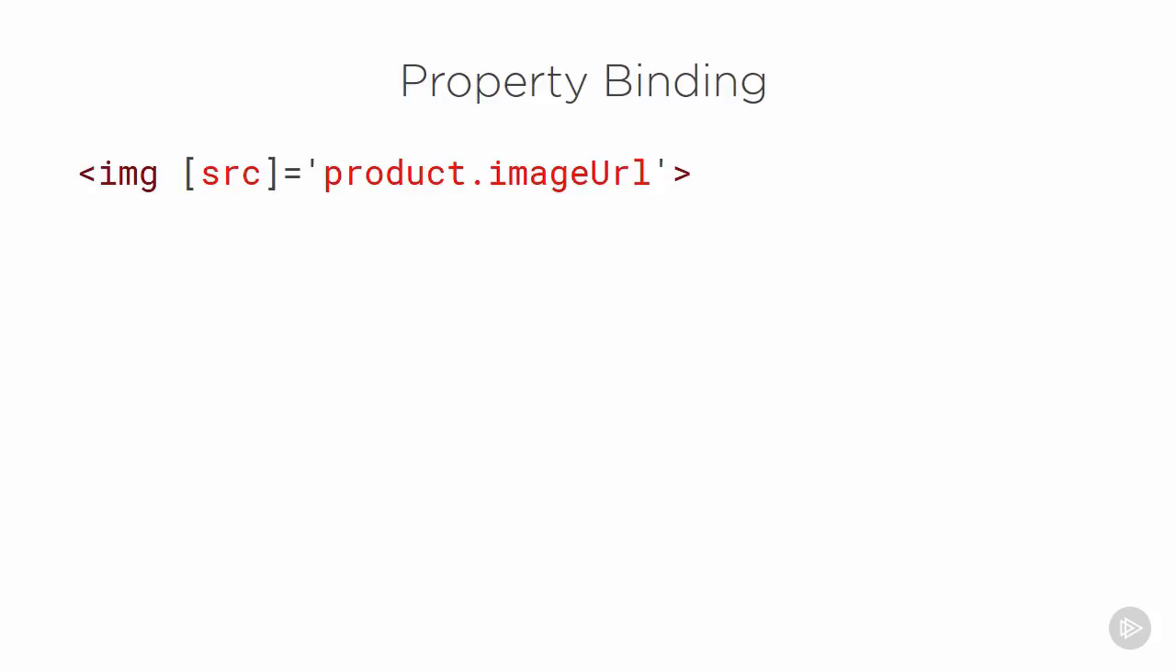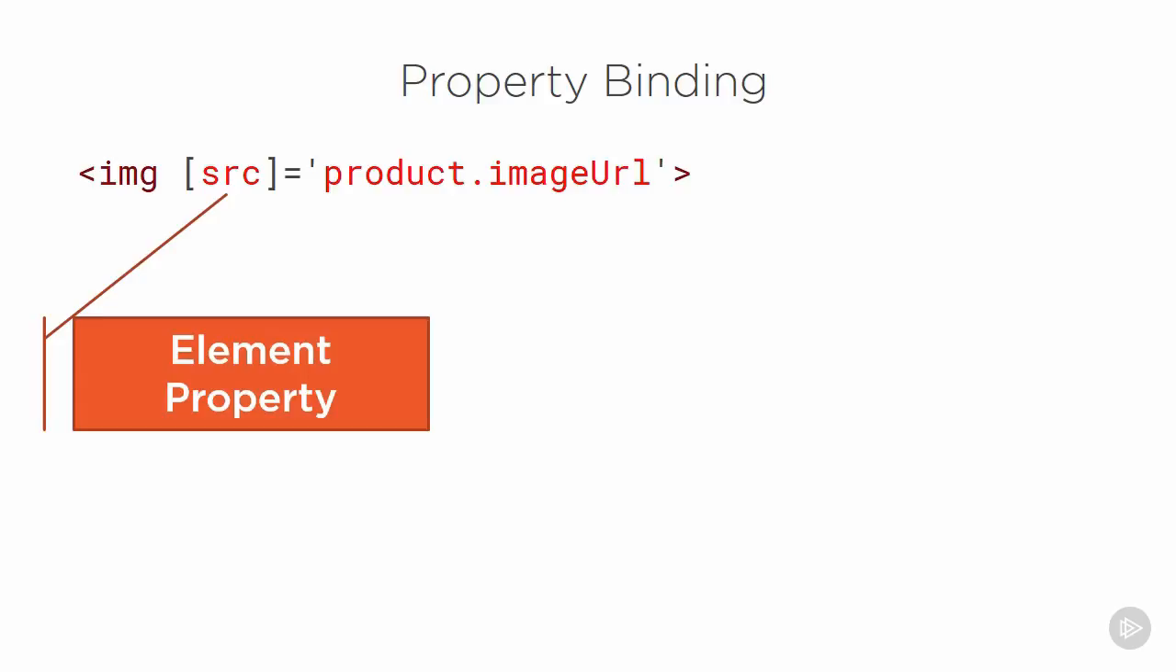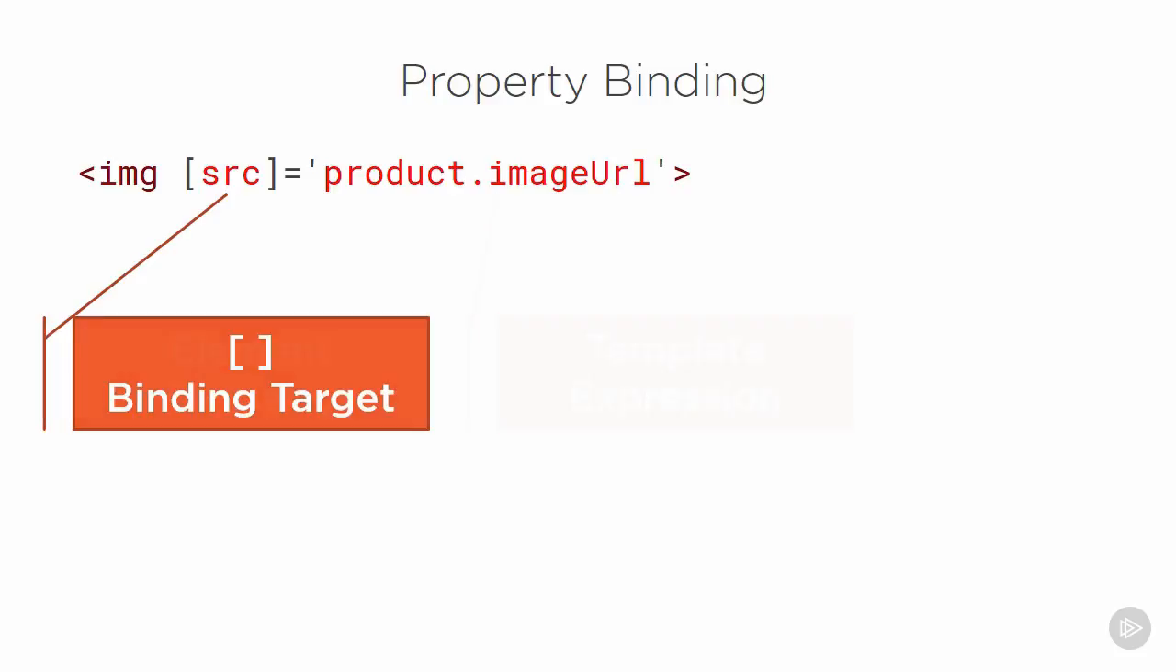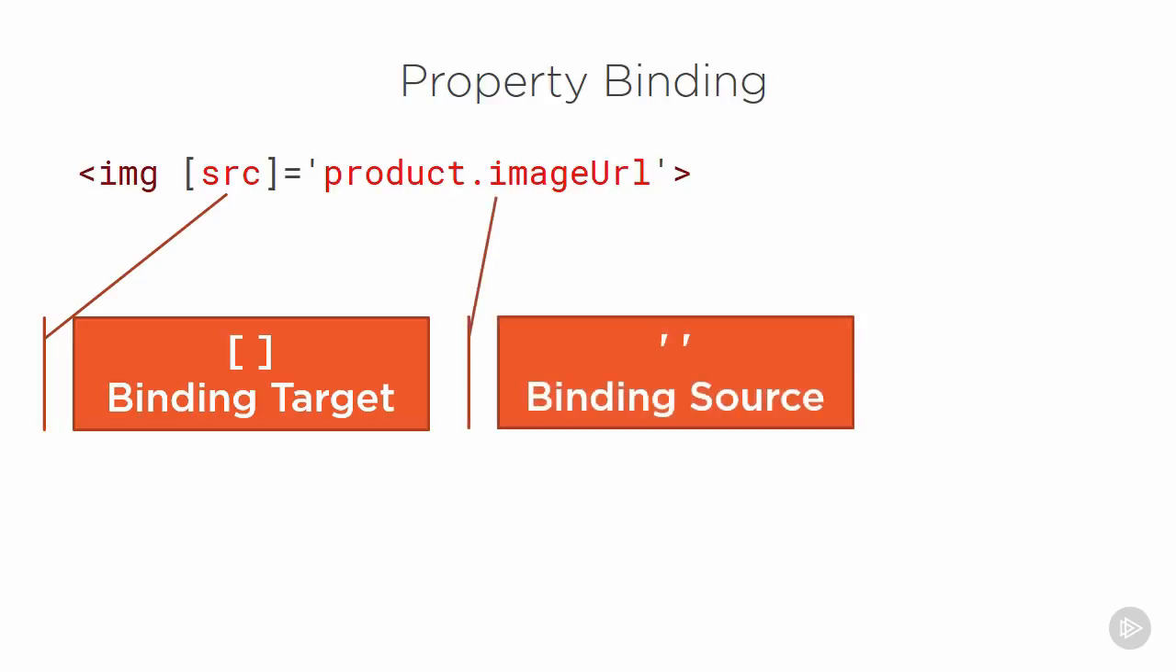Property binding allows us to set a property of an element to the value of a template expression. Here we bind the source property of the image element to the image URL property of the product, effectively defining the source of the image from information in our component class. Our binding target is always enclosed in square brackets to the left of the equals and identifies a property of the element. The binding source is always enclosed in quotes to the right of the equals and specifies the template